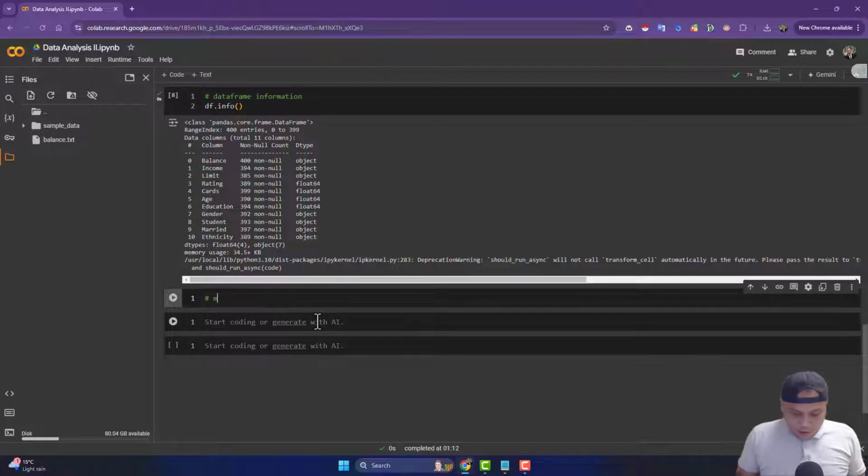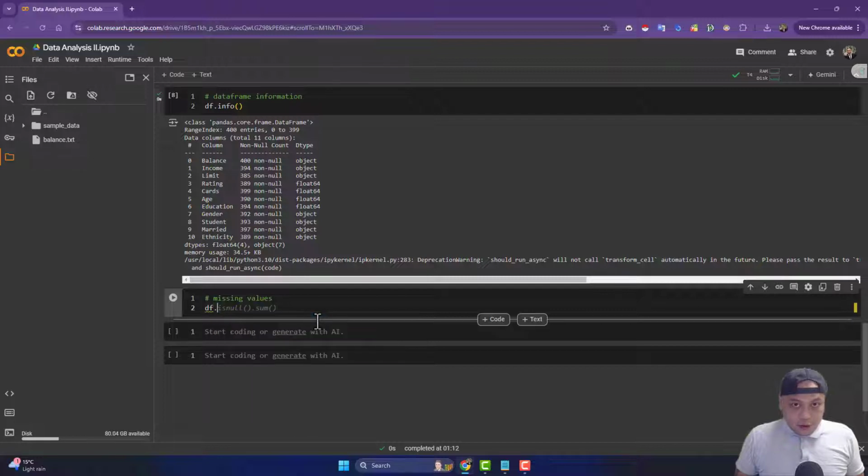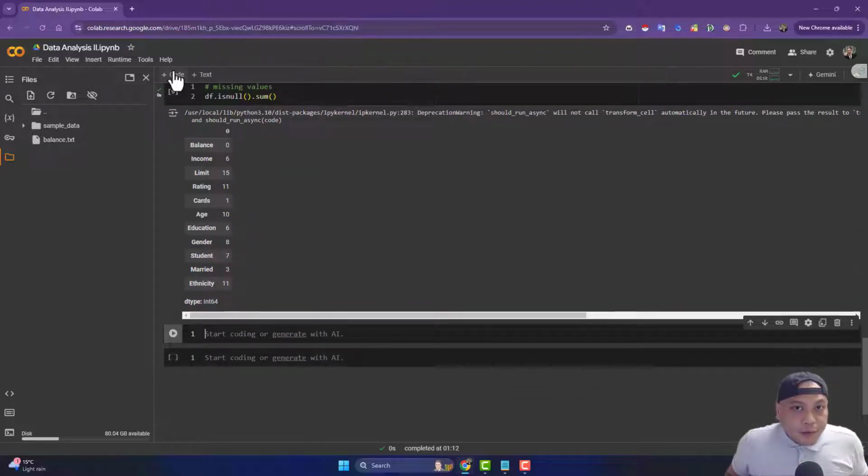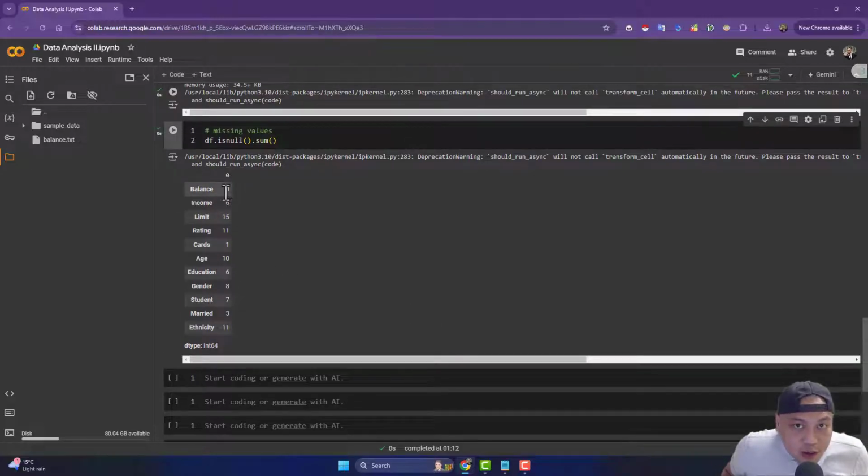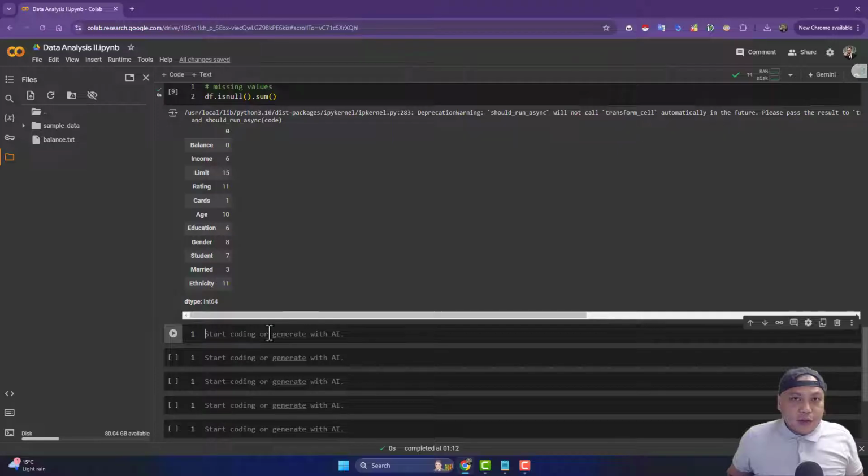So let's check the missing values now. Missing values, right? So df.isnull().sum(). Now you can see the missing values we have. The highest amount of missing values is on limit. Then we go for rating and ethnicity, then age, right? And if I want to sum up all the missing values, total missing values inside